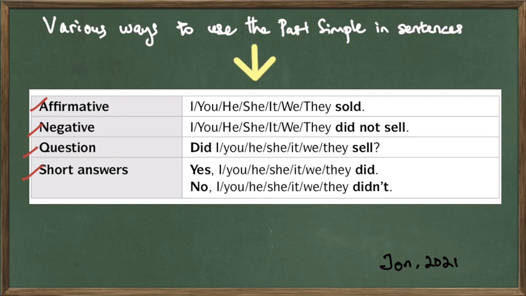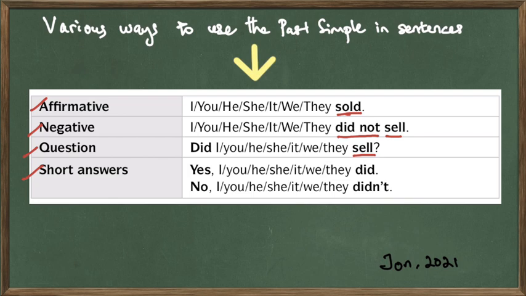You can read this on your own, but what you need to see here is the spelling changes. In the negative, we need to add did not, and the spelling goes back to the root word, sell. The same thing goes for the question, did I or did you, and then the word is using the base spelling,